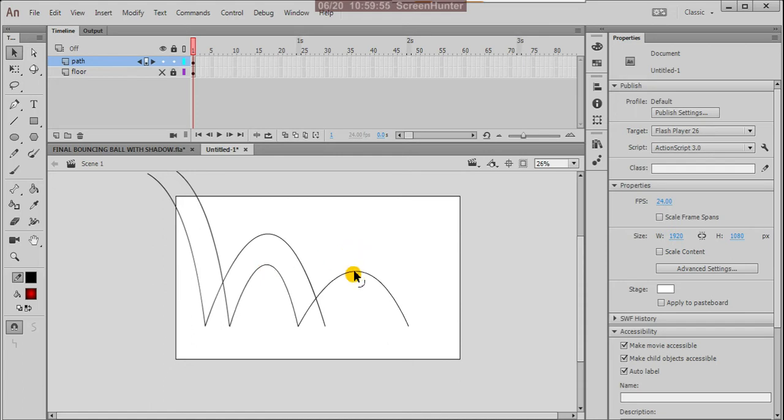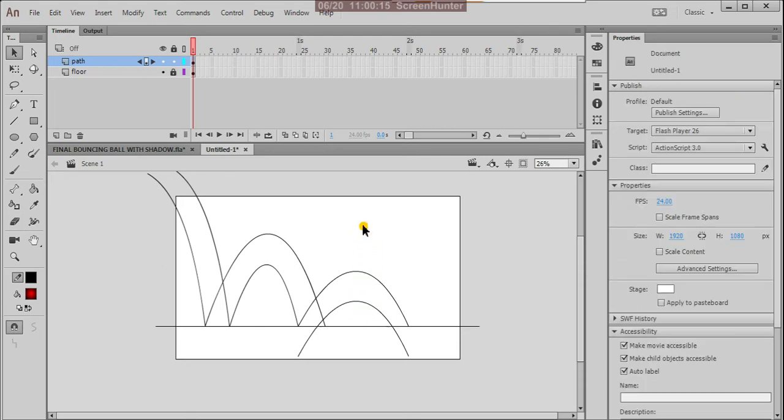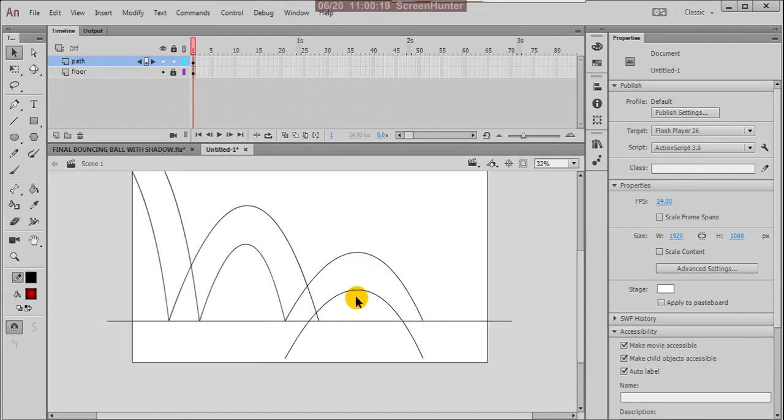Okay, and then again what we do, can make the duplicate. So press Alt and click this path and again drag down. Now you can adjust this.